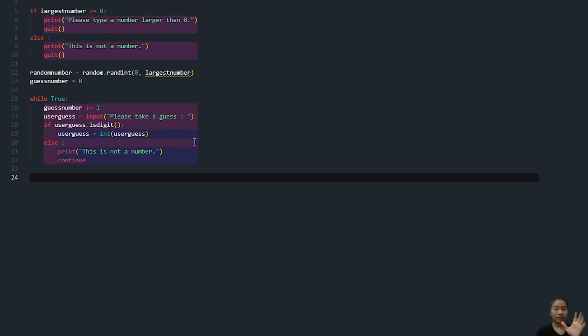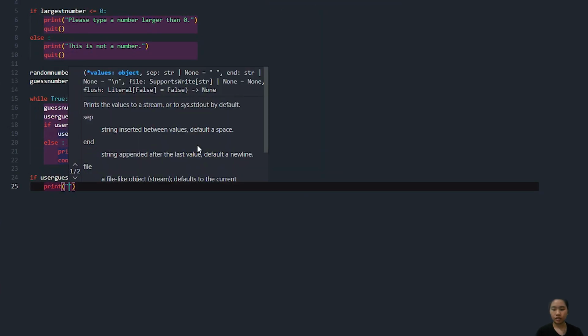And finally, we're moving on to the core of the game, which is allowing the user to guess the random numbers and then giving them feedback on whether or not this guess is correct, too big, too small, or however it may be. If user guess equals random number,